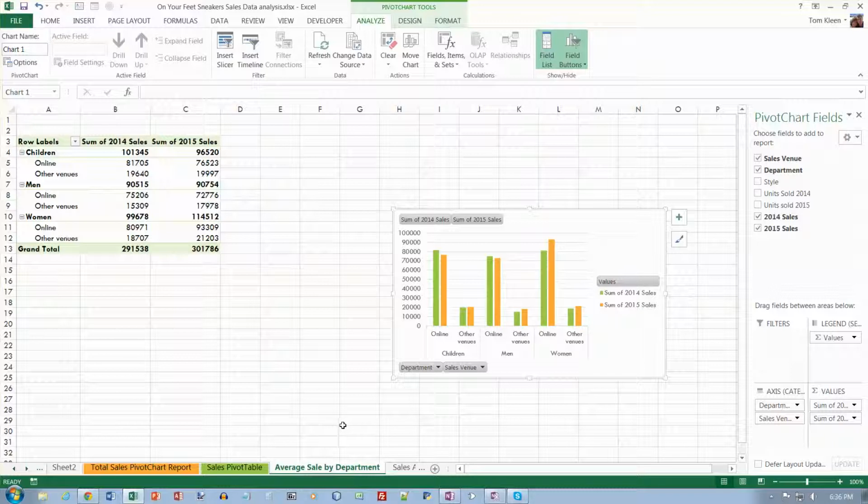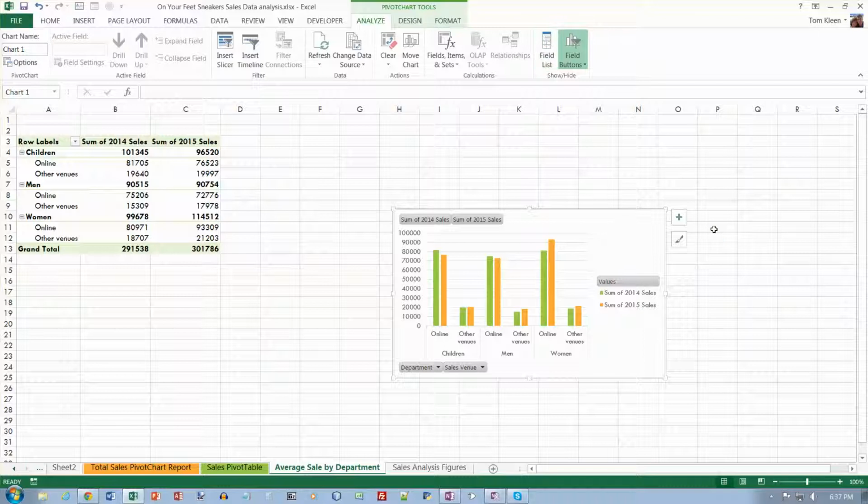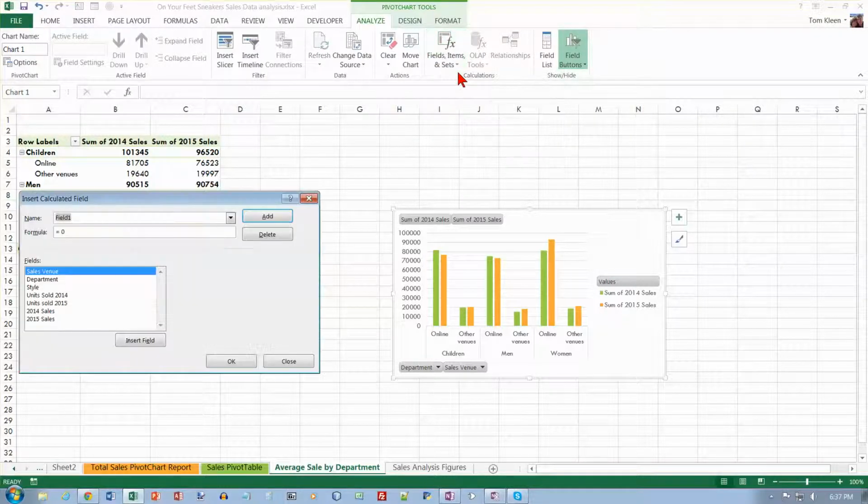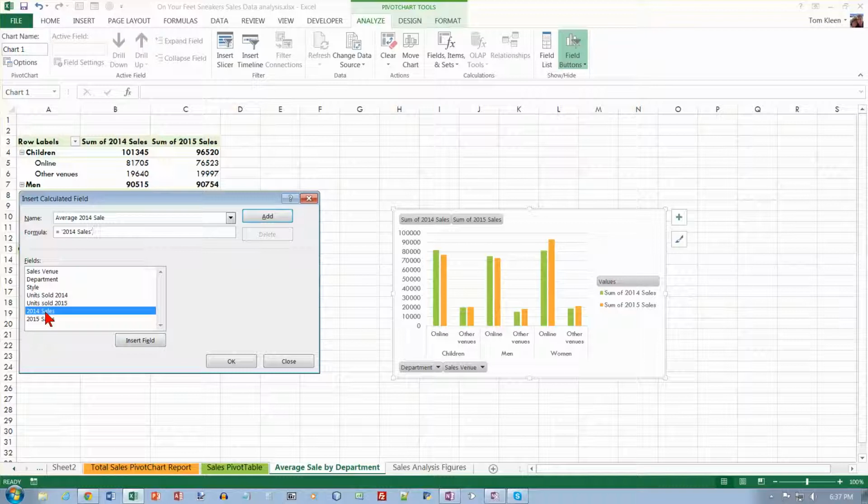So we want to close the pivot chart fields task pane, which is this over here, and click the pivot table, which we already have, and we want to go to the Analyze tab, and on the Analyze tab we want Fields, Items, and Sets, which is right here, and we want Calculated Field, and the name of this field is going to be Average 2014 Sale, and the formula is going to be equals 2014 sales, so double click on it, and then we want to do a slash for division, and then we want units sold 2014,